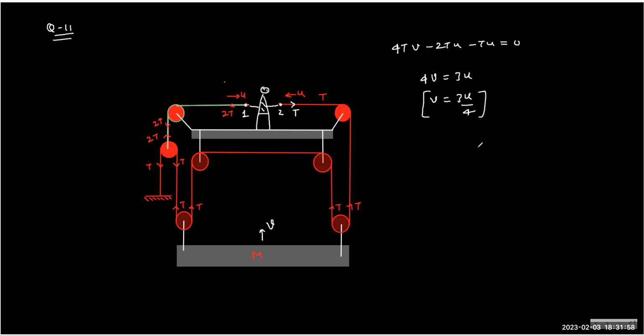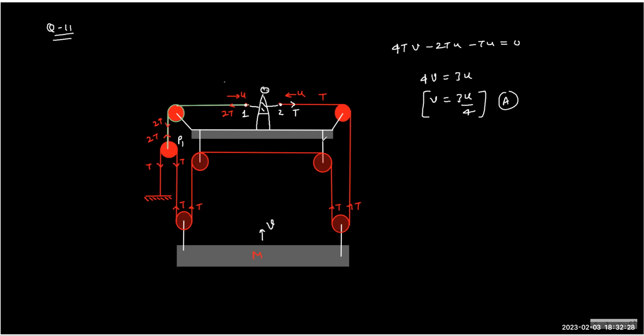So the answer is 3u by 4. I think option A. When we have the free end without mass attached, there's a rule for a free end. You can apply the constraint, and if you apply the constraint, we'll name it